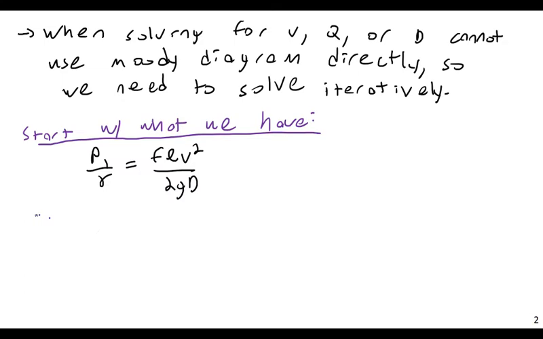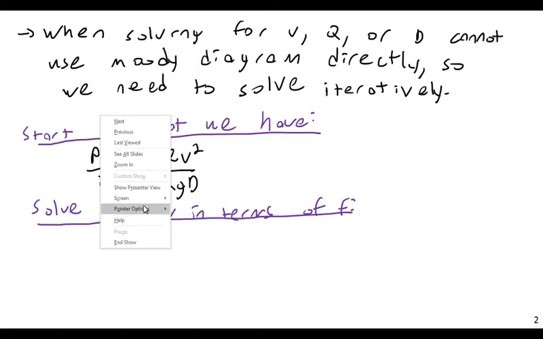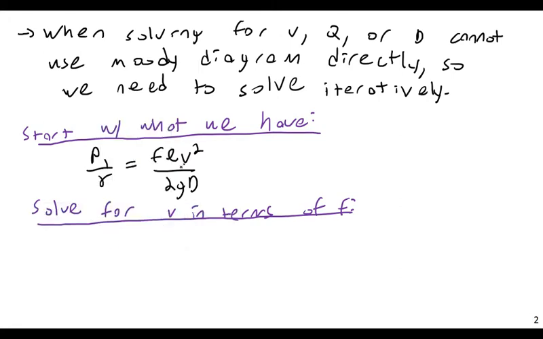Basically, I'm trying to put this in a form that will allow me to easily iterate. And then I want to collapse this down to a very simple equation that I can quickly use again and again as I iterate. So I want a very easy expression for the velocity in terms of the friction factor. If I take this and solve it for v, I get that v squared is equal to 2gd times p1 divided by gamma f l,